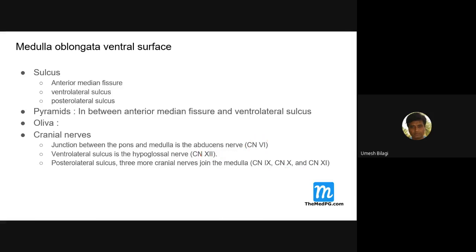One thing you should know is that the 12th cranial nerve is more medial. You remember this. Always the hypoglossal nerve is very much medial. The rest are not that medial in the medulla. They are all a bit lateral, but for the hypoglossal nerve. That's what you need to remember, because there is something called lateral medullary syndrome and medial medullary syndrome.